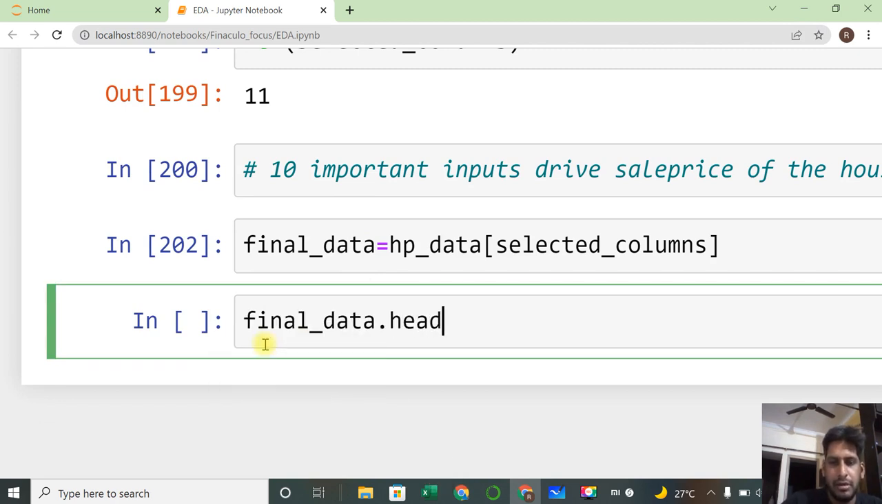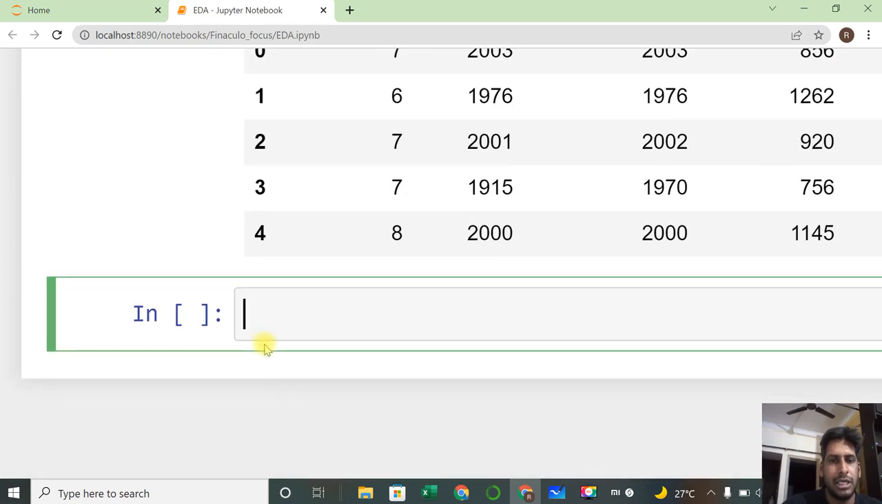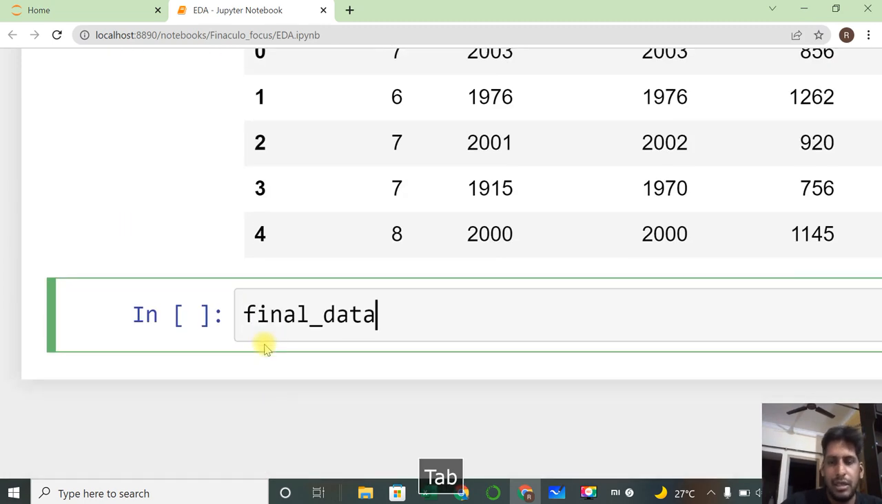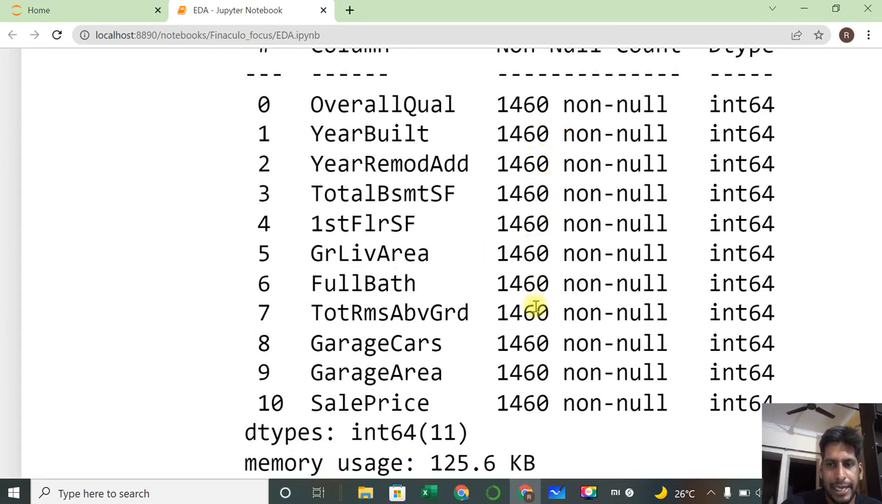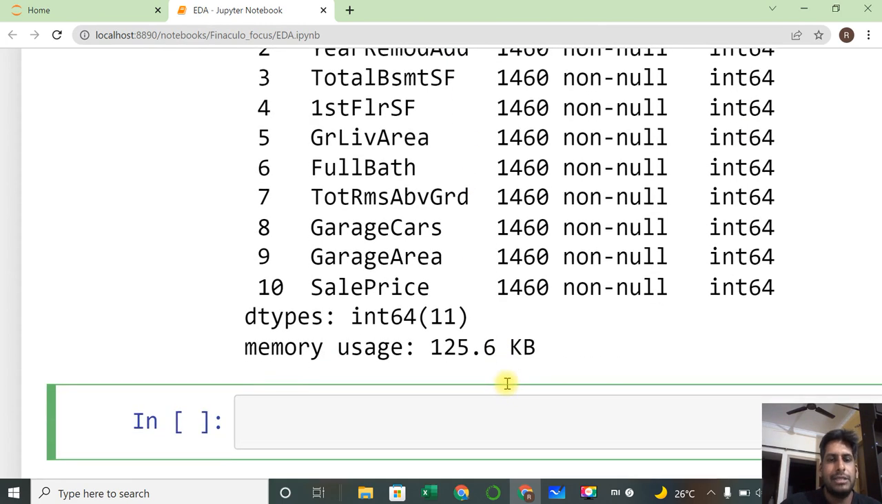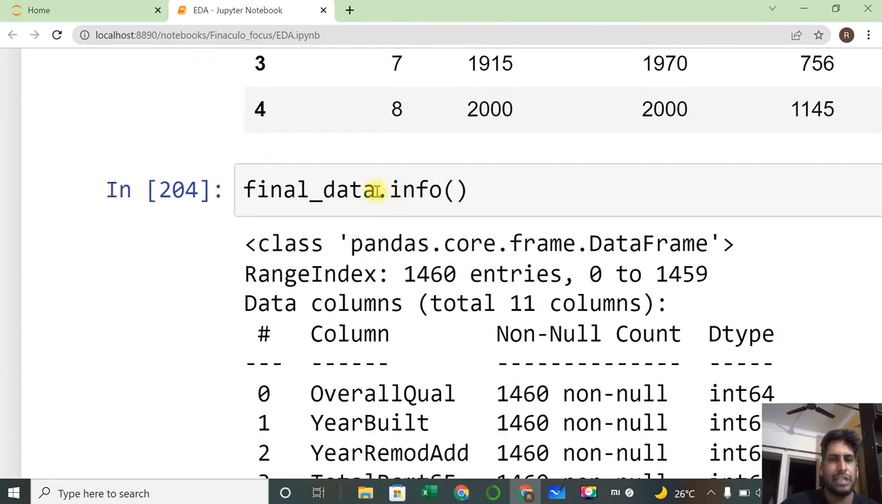Like I say, final data.head. We can check this data, or I can say final data.info. You can check that there are no missing values, all are clean, all are in integer format, everything perfect. If you would like to export this data, to connect it somewhere in a machine learning later course, then what we have to do is